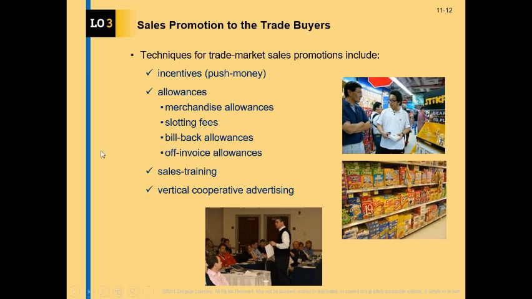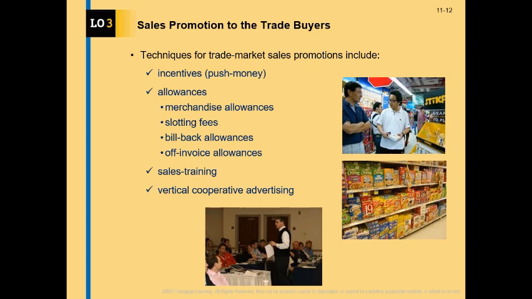Or you offer a discount in exchange for the placement of the product in the central aisle in the section where your product category is sold, or for some privileged space on the shelf,